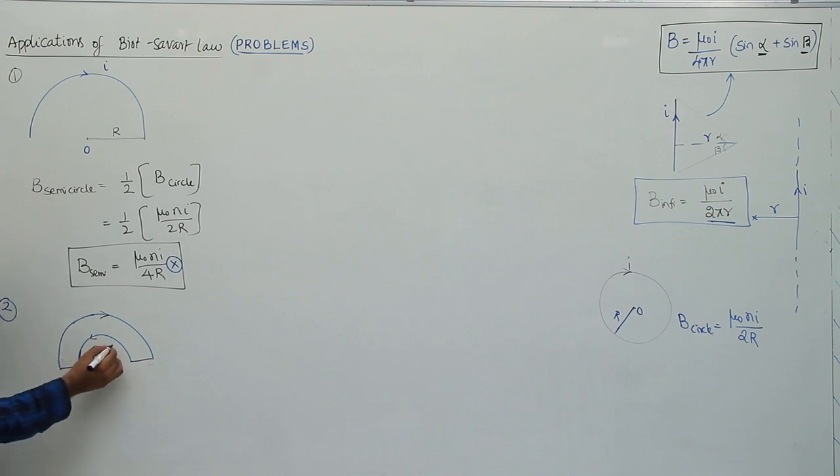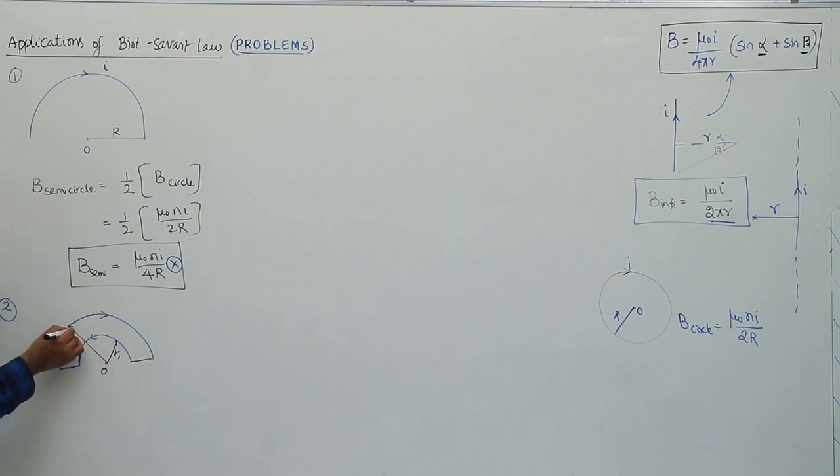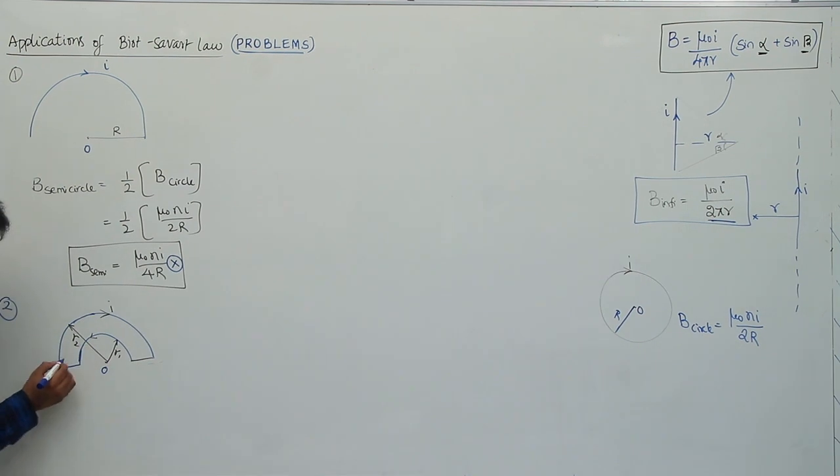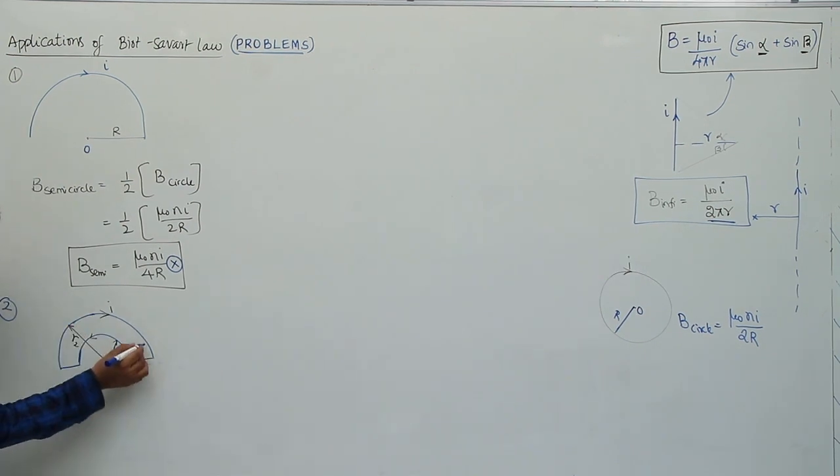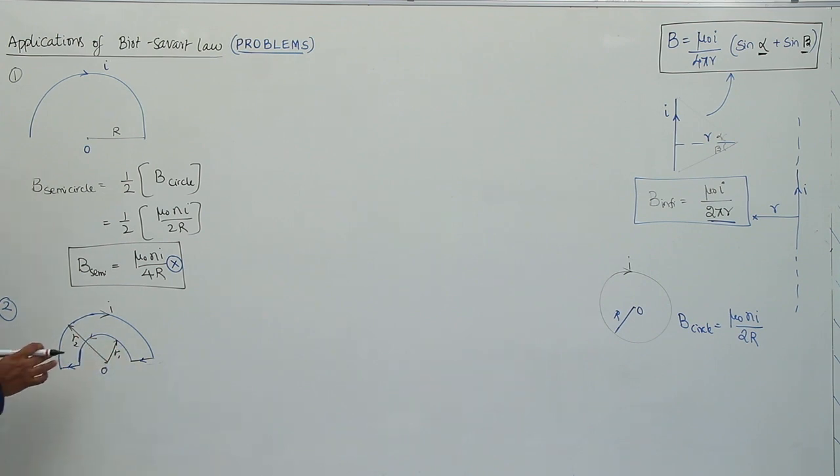Here the current, let us say, is flowing in this direction, and here the current is flowing in this direction. The radius of the inner semicircular wire or loop is R1, let us say this is R2, with R2 greater than R1, carrying current I. So how to find the magnetic field at this point? Here, this diagram can be divided into 4 parts. As the current moves in this direction, comes back in this direction, moving in this direction like this. So if you observe this diagram, there are 4 different portions.